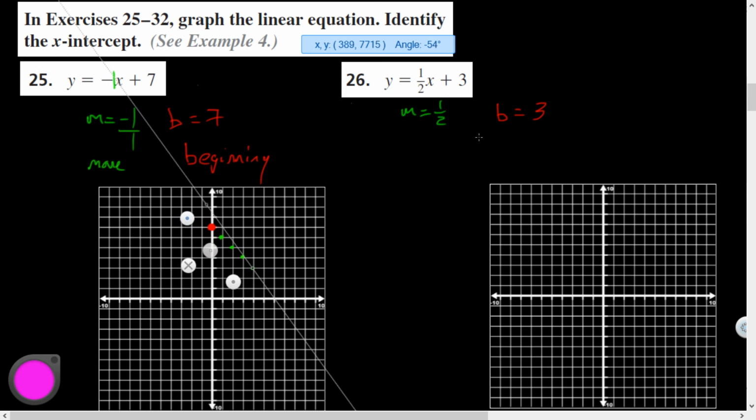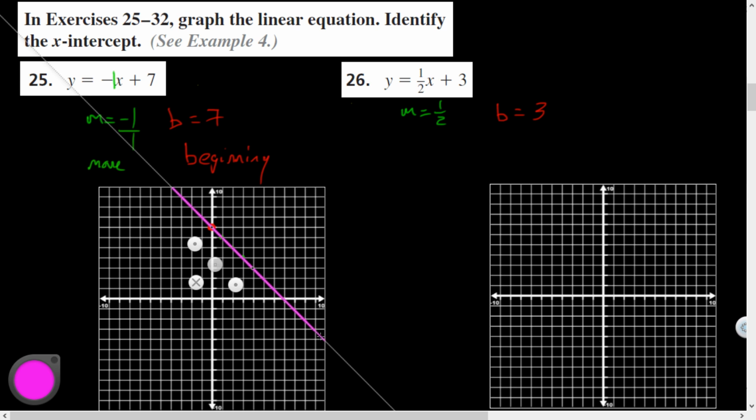So those points are all going to be solutions of the equation y equals -x plus 7. And if I draw the line through those points, now I have a graphical representation of the infinitely many points that are solutions of this equation. So any point on this, so like right here is the point, looks like over 1, 2, 3, 4, 4, 3. All right, so 4, 3 is on the line,